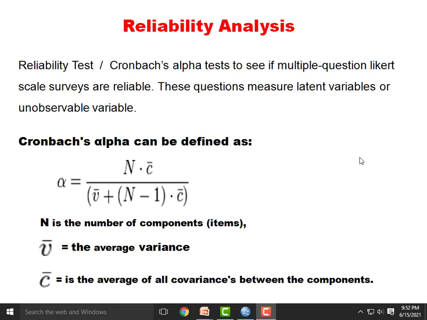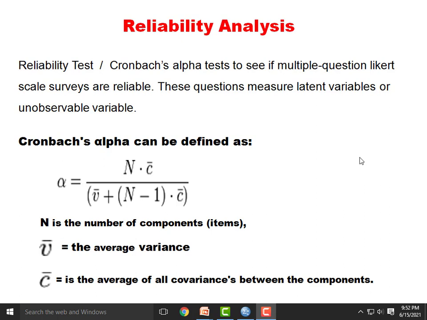Reliability tests are Cronbach alpha tests to see if multiple-question Likert scale surveys are reliable. These questions measure latent variables or unobservable variables.